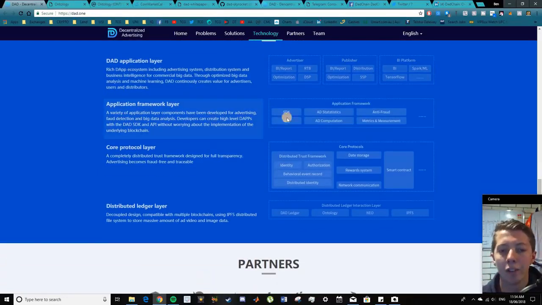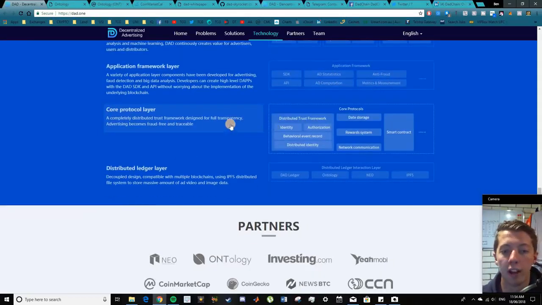The application framework layer consists of your SDK and APIs, statistics and computation, and obviously those anti-fraud and metrics and measurement as well there. The core protocol layer being made up here of the distributed trust framework, which incorporates identity, authorization, behavioral events, and distributed identity, and obviously your data storage, rewards, and network communication there for full transparency through